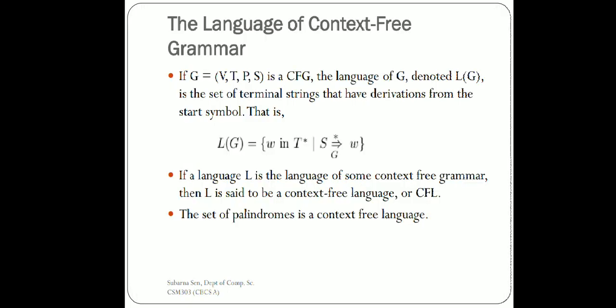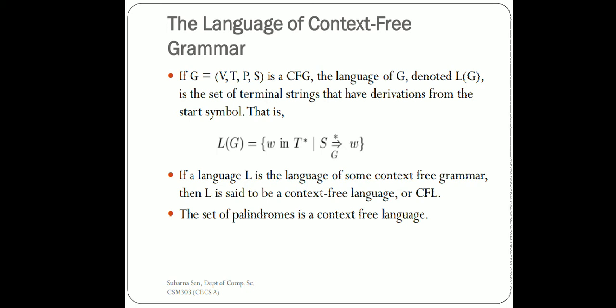We all know how to represent a context-free grammar. It consists of four sets of symbols, namely V, T, P and S. It has already been discussed in our previous lecture what V, T, P and S are. V is the set of non-terminal symbols or variables that can derive some terminal symbols or the variable itself. T is the set of terminal symbols. The main aim is, from using the set of production rules P, using V we can ultimately reach T, and S is a start symbol from where we can start.